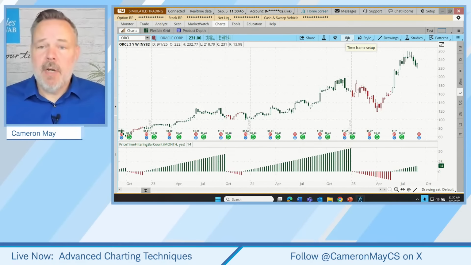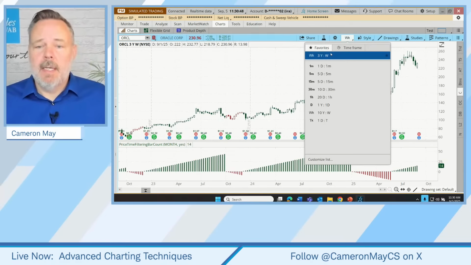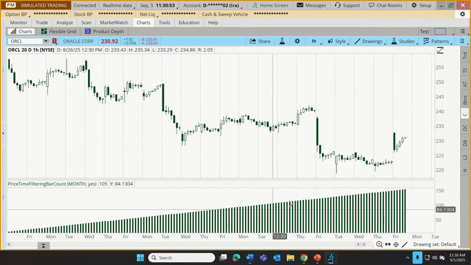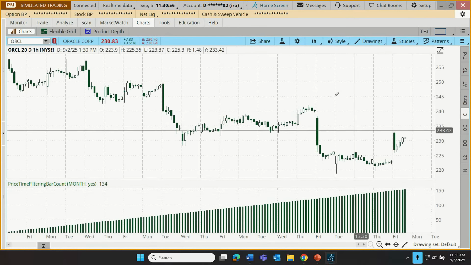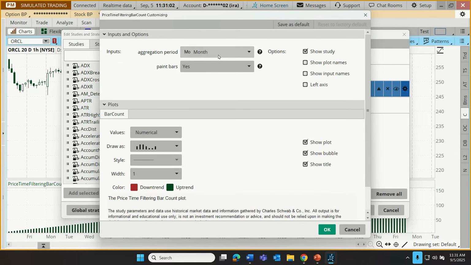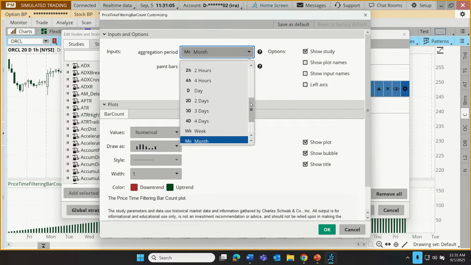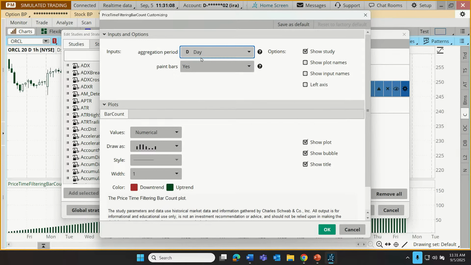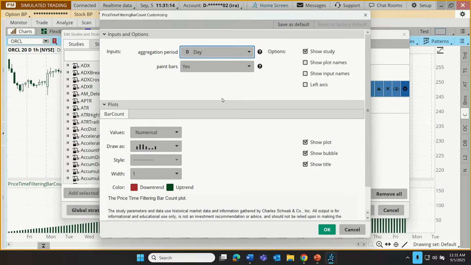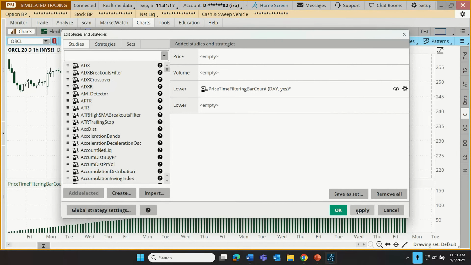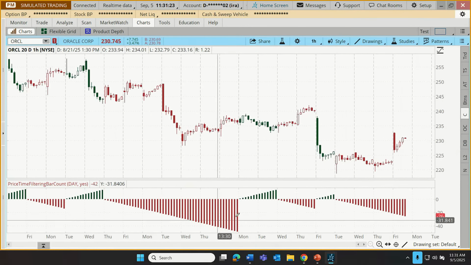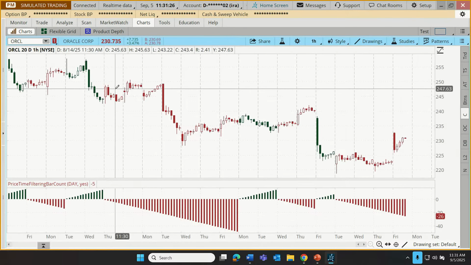If we were to go to a shorter term chart, let's switch this up to, let's go to an hourly chart, 20-day hourly chart. You can see this hasn't even generated a change in trend and probably won't for a long time. Here, we might want to change our indicator, not from monthly back to weekly, but monthly all the way down to a daily chart. And you'll notice, to go back to Joseph's question, we could have chosen 4 days right there, but we're going to go daily since we're looking at single hours. Click OK, click apply, click OK again. And now we're getting trend timeframes that are more matched to the intended length of trades.